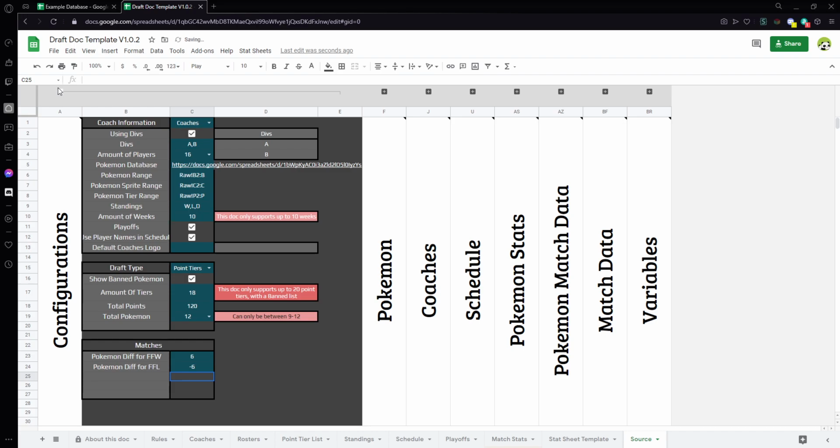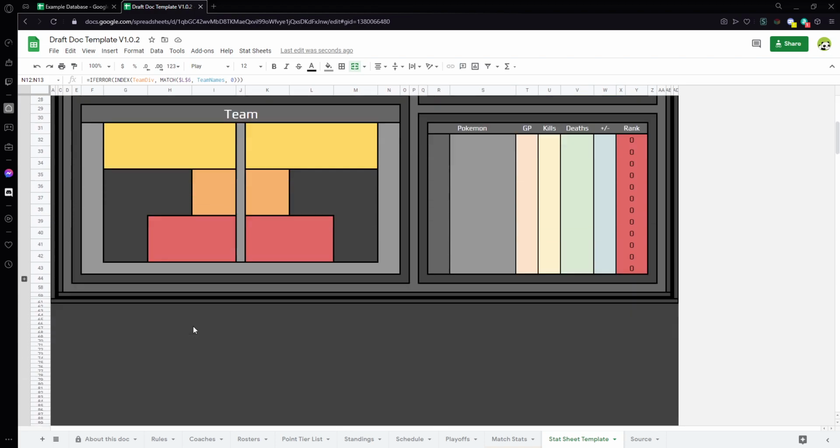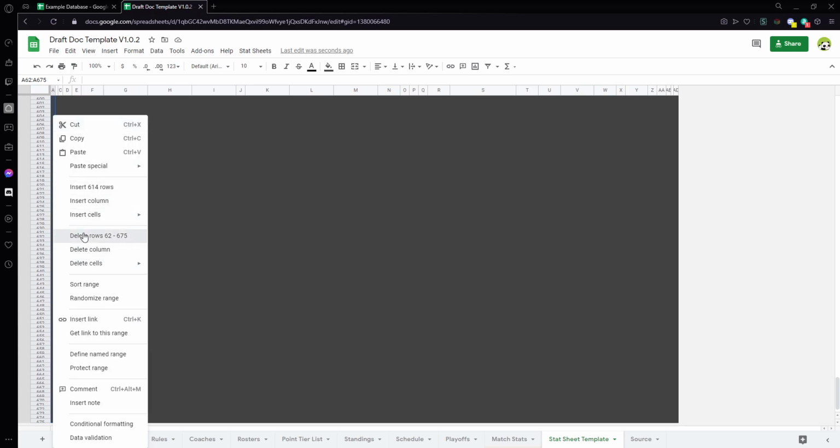I can hide that, and we're going to hide this now. Okay, now I can talk about how to make stat sheets. It's very, very simple. I really like how I did this, but why is this happening? Gosh darn it. Let me just quickly,